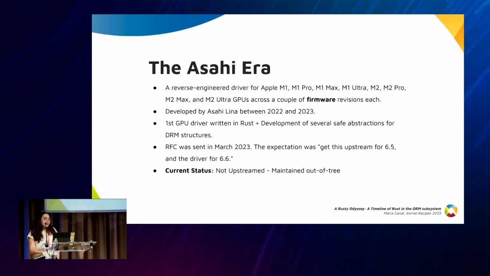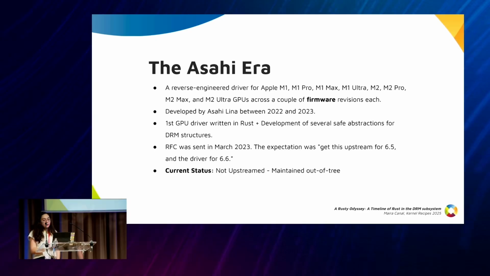And this is a pretty big achievement because not only was it reverse engineered, but it was written in Rust, which means that she had to write all the safe abstractions for several DRM structures. And the DRM has a lot of structures. It was really impressive at that point because to this day, we still use those safe abstractions. I mean, most of them, even in the first RFC, got great positive feedback, and several of them are being upstreamed right now or were already upstreamed as part of the Nova/Tyr effort.